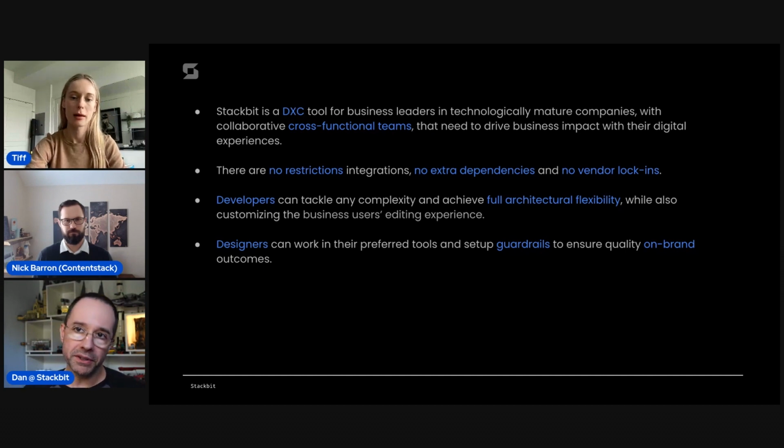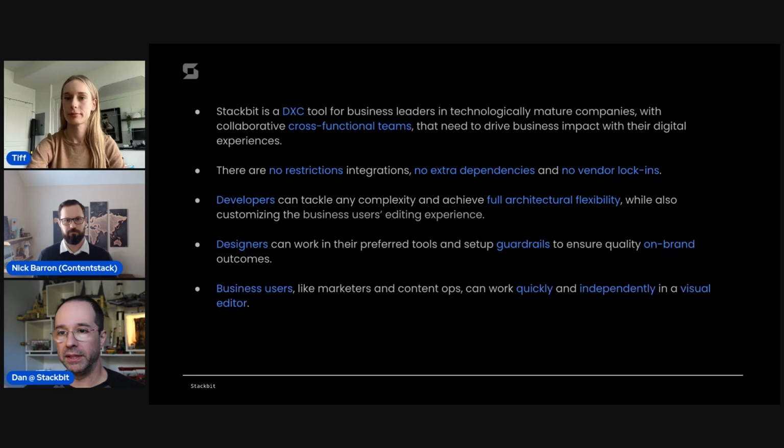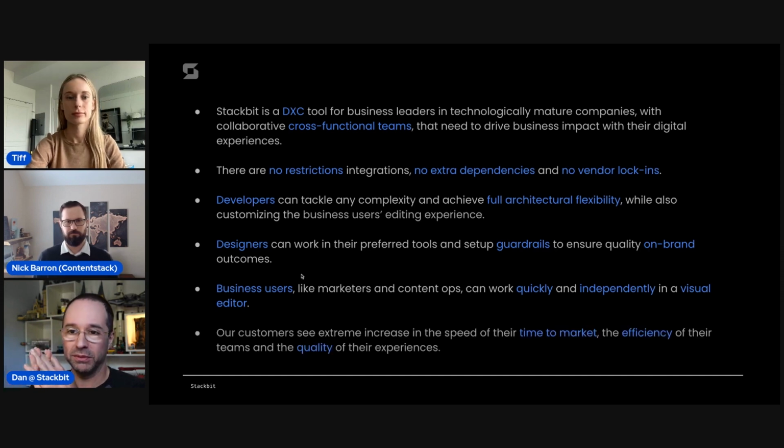And then finally, marketers and content ops people, they want to be independent, and they want to, the moment something happens, push it out, and they want to see it visually. They want to make sure they're not breaking the site. They want to see how it looks on various platforms, and it doesn't all appear in one place, right? To your point, headless appears in one place, but then you have multiple channels where that information goes to. And the final bullet is essentially talking about our customers, and we'll transition also to showcasing use cases.